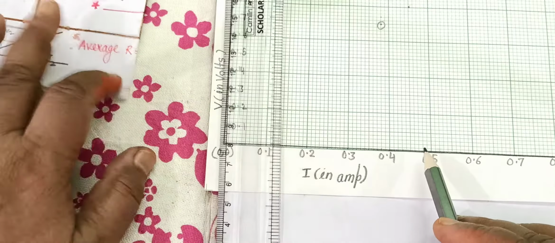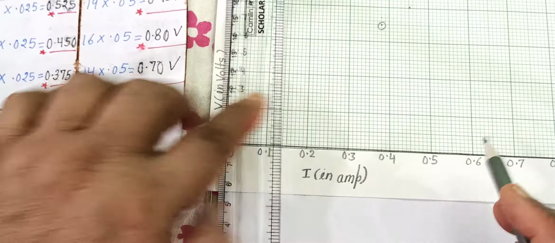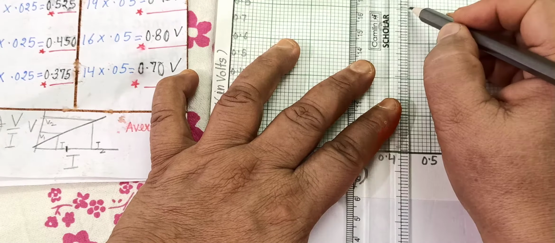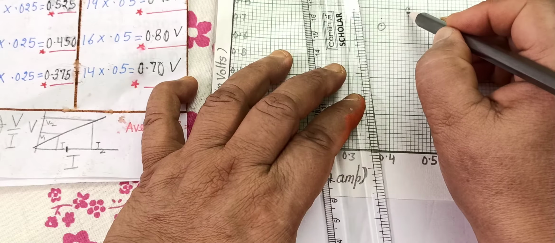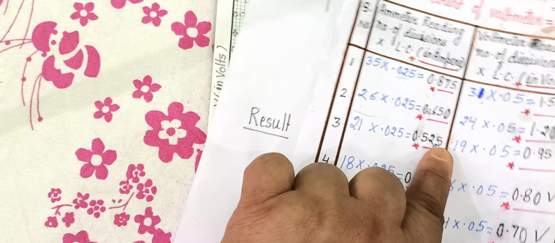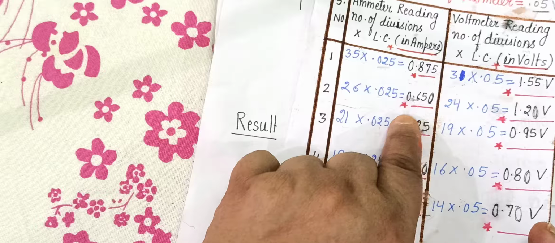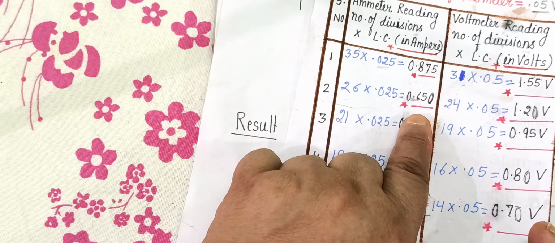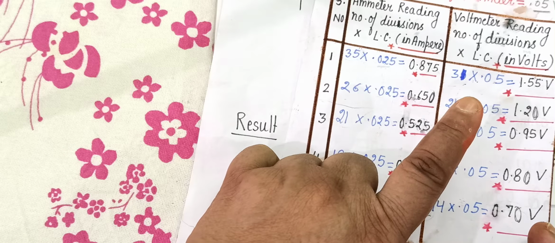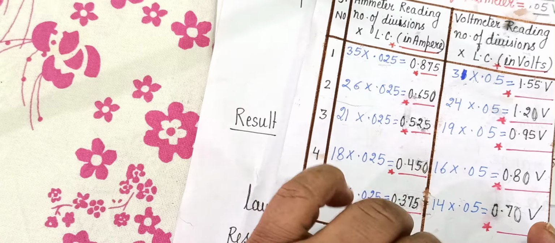Next is 0.45 and 0.80. 0.45 पर स्केल रख दो और 0.80 पर प्लॉट कर दो. Then 0.525. Here it's 5, but before that it's even. So actually rounding off में बहुत से statistician, बहुत से statistics वाले ये prefer करते हैं कि number even हो. So 0.52 will remain 0.52.